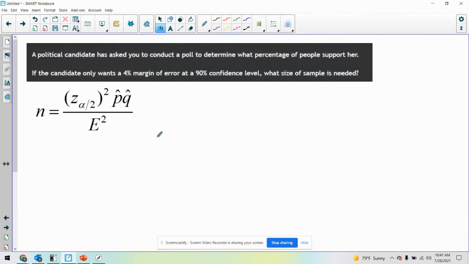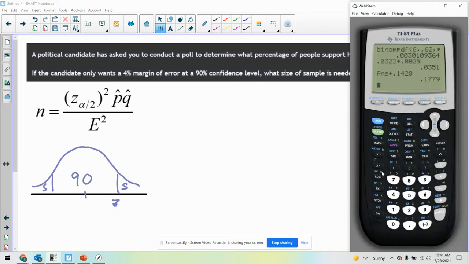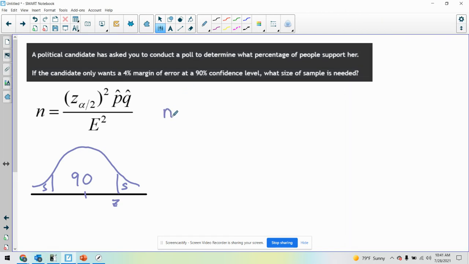So we have z alpha over 2. I think you already found that, but we can do that again. I'll just draw this out. It's 90%, so we have 90 here, 5 and 5. So we're going to look for z with 95% to the left. So we'll do second distribution, inverse normal. Area is 0.95, mu is 0, sigma is 1. So we get 1.644. I'm just going to leave that the way it is, but I'm going to abbreviate it on my work. So we have z of alpha over 2